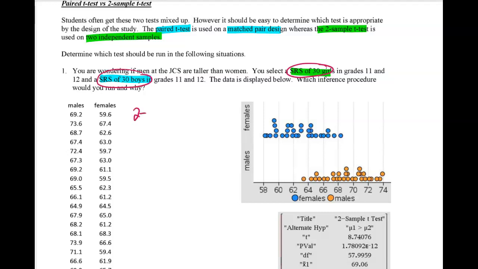Therefore, we should be doing a two sample... oh, my dog is eating my cord. What? Oh, stupid dog. T-test